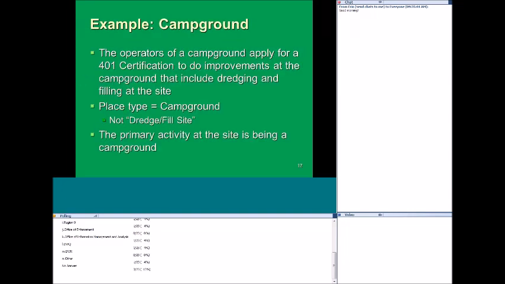For example, the operators of a campground apply for a 401 certification to do improvements at the campground that include dredging and filling at the site. So when I enter this place into CWICs, I'll use the place type of campground, not dredge and fill, because the primary activity at the site is being a campground.